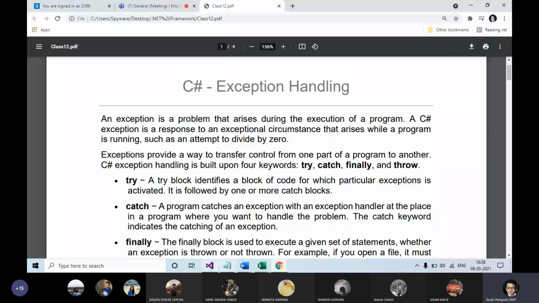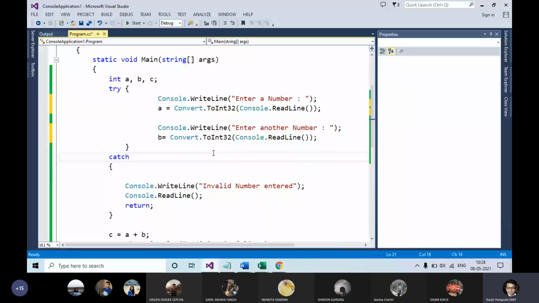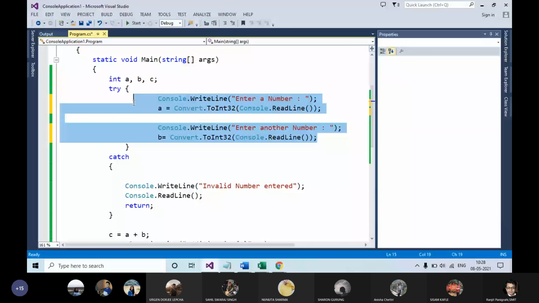So if you think your source code may throw some kind of runtime error during the program run, then it should be placed within the try block. Then the system will execute all the lines within the try block.